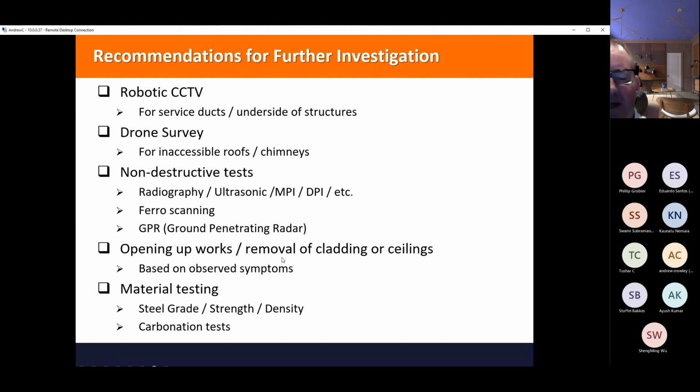But the recommendations that you propose will be based upon the survey you've already done, combined with the desk study. So these will show the worries, like you are worried about a certain part of the building. I'm worried about the connections, so I need to have a good look at the connections, for example. At the extreme, I suppose, you can test the materials. So you can take a sample of the steel and test it for its grade and strength and density and so on, to see what materials were actually used. Because historically, a great deal of different grades were used in steel structures.